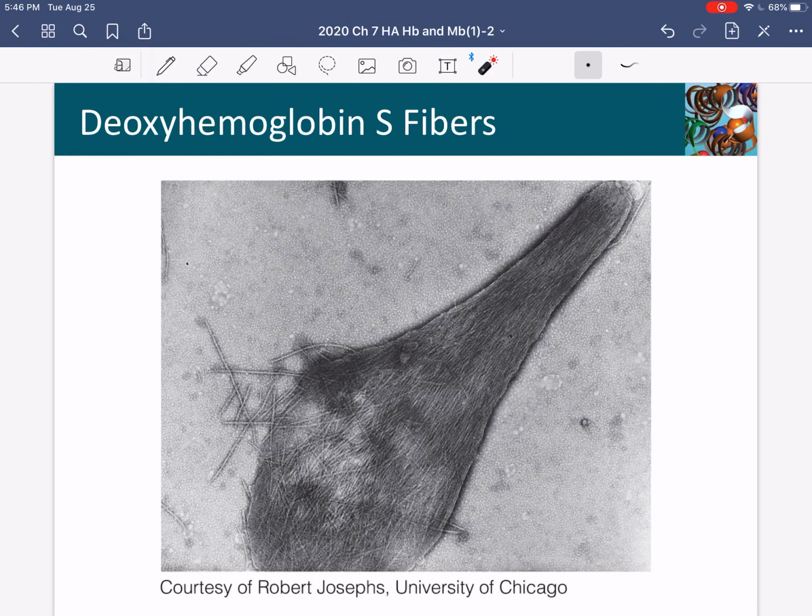And when you look at them under the electron microscope, this is what you see. This is a sickled cell, and it's broken open, and these fibers that you see protruding out of it are hemoglobin S. In the deoxy state, they get trapped in these polymers, and they form this elongated sickle structure that gets trapped by the spleen, which lowers the amount of oxygen getting to the tissues of these adults and causes sickle cell crisis.